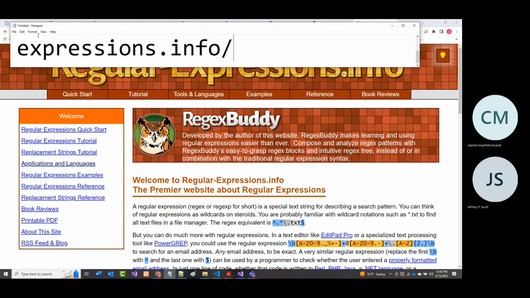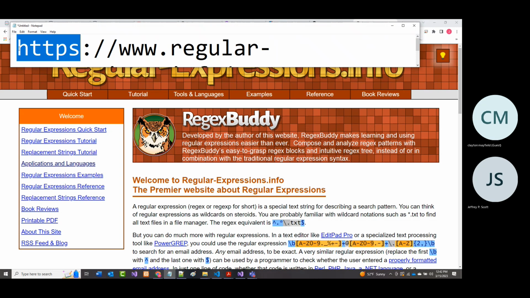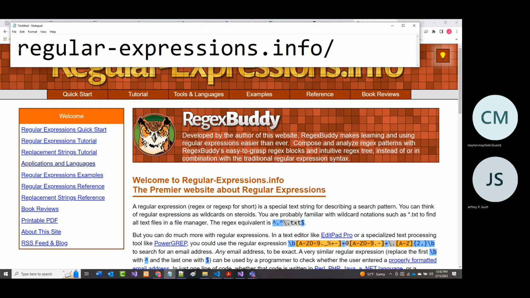And the reason I use it virtually all the time is, although it's kind of an ugly site, who cares? So you should be able to just put it in like that. And it goes through different programming languages. There's a tutorial in here, a quick start, a reference, etc. And remember, what are you doing when you're using regular expressions? Typically, you are doing the equivalent of a substring operation. So in other words, what you're really doing is seeing if some string is included in another string. That's not always the case, but quite often, at least, it is.